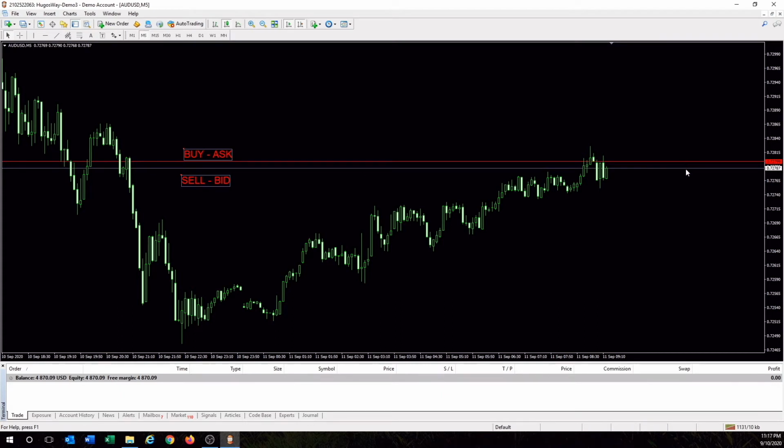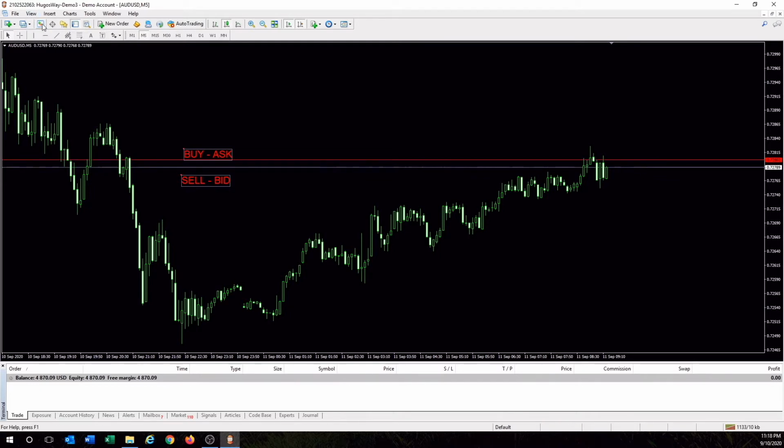And the difference between these two is where the broker adds a little bit to the price to make their commission. So this is one way they make commissions, by adding a little bit of what they call spread. This is called spread, and this is what they add. They add a few pips to the price of the asset you're trading to make commission per trade. So this is one way they make commission.